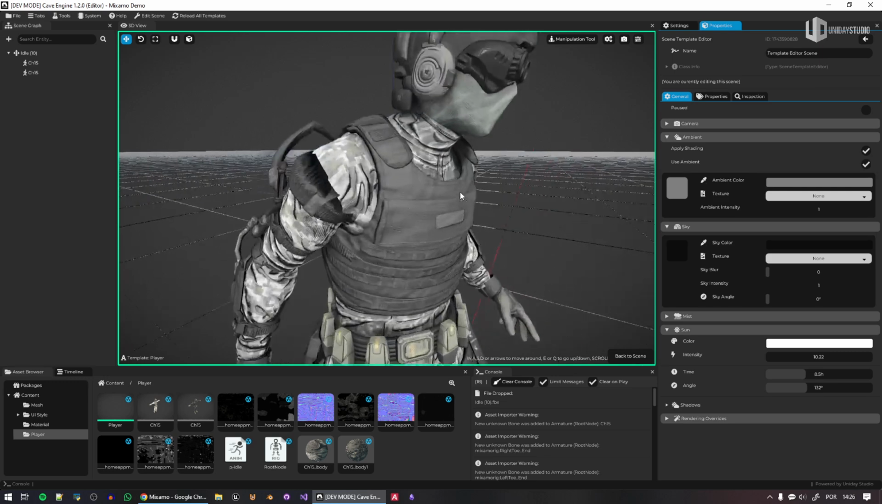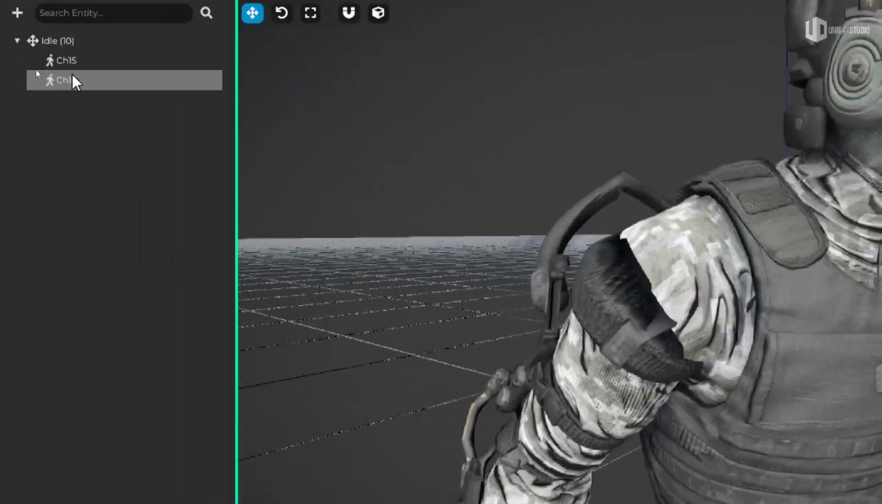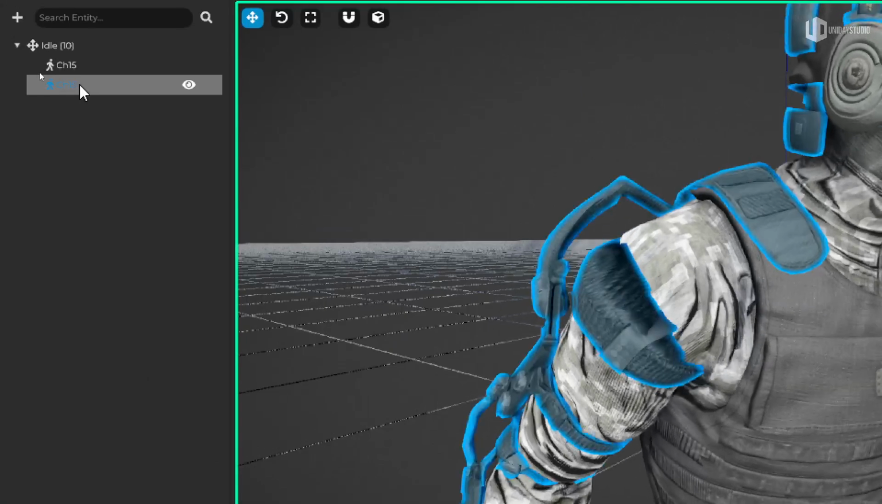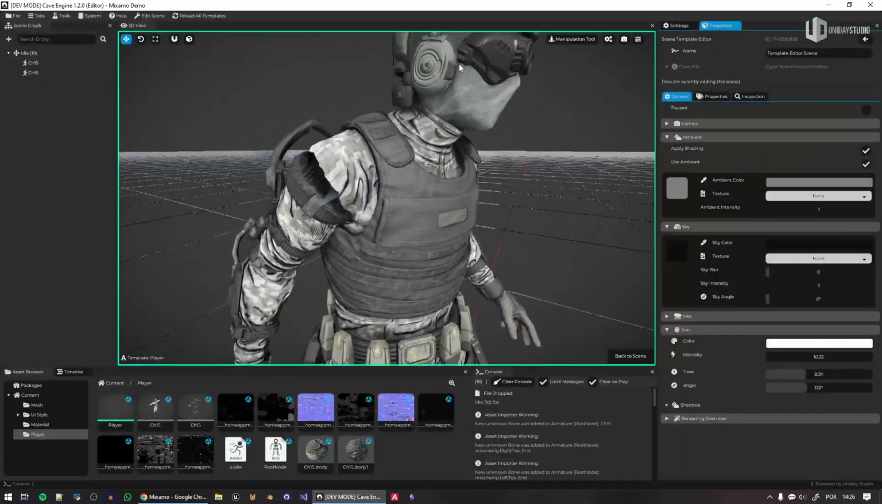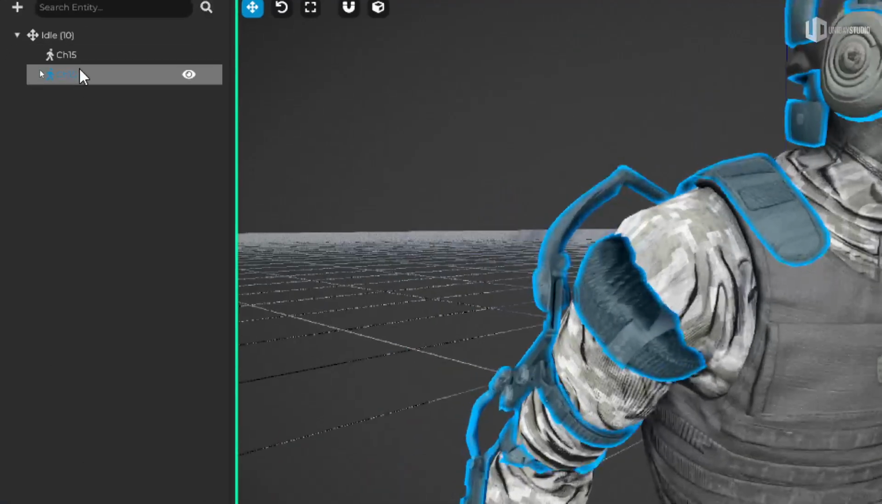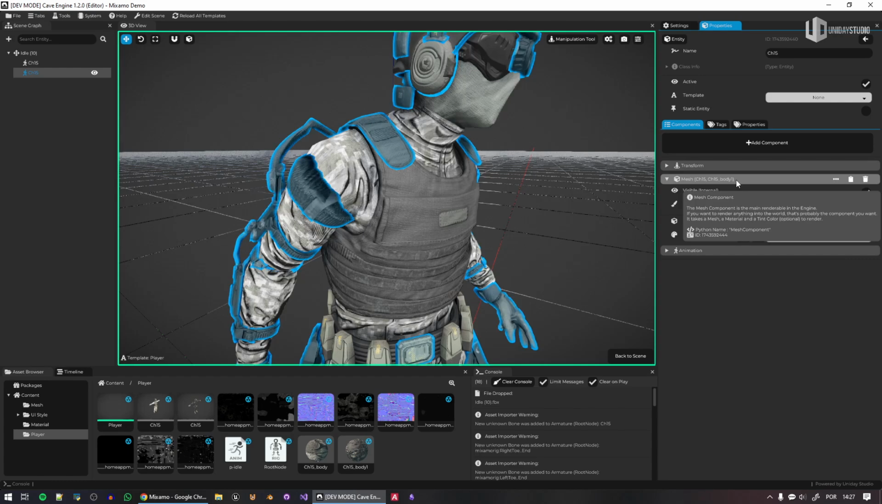There is only one problem. You can see I do have two different entities and they are running the same animation but in different timings, which is very bad. So this is why you see here everything is kind of crazy, glitching around. So what you want is to only have a single entity doing this. So I will select the second entity here. It doesn't matter which one you select actually, and I'll expand the mesh component